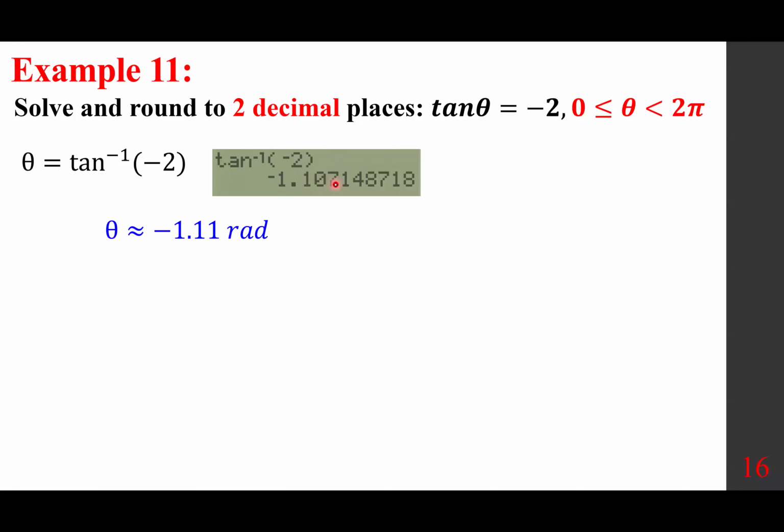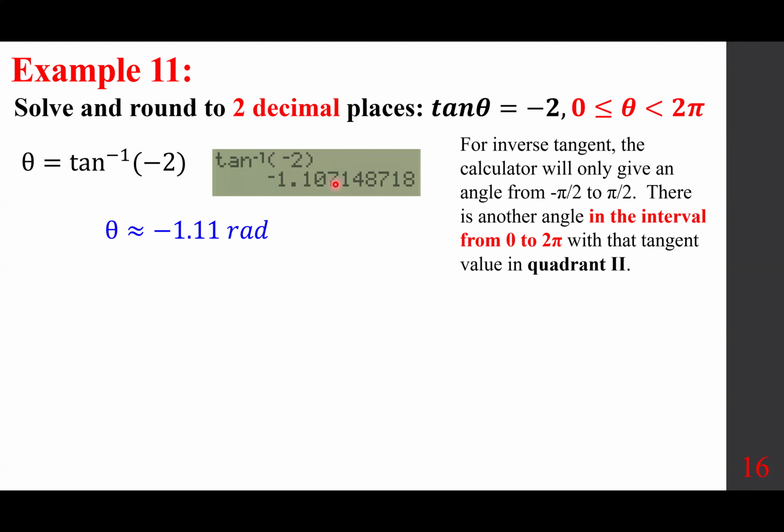So -1.11 radians. It's important to understand that, again, we have two answers, everybody. For inverse tangent, the calculator will only give you an angle from negative pi over 2 to pi over 2. There is another angle in the interval from 0 to 2 pi with that tangent value, because negative, it's in the second quadrant. Because if you recall, tangent is positive in the first and third quadrant, negative in the second and fourth quadrant. So because we want 0 to 2 pi,